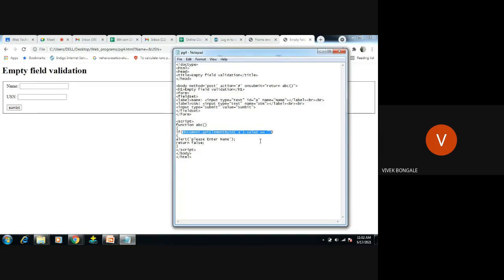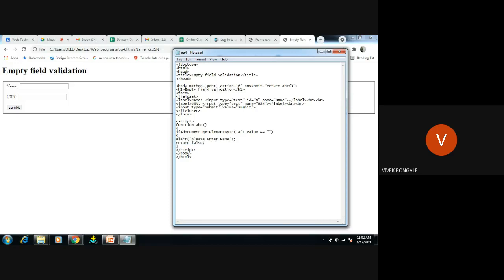Now it has checked whether this condition is true or false. After checking, some message should be displayed to the user, whether he has entered a proper value or not. To do that, we are going to use this alert message, and only if this condition is true should this message execute.